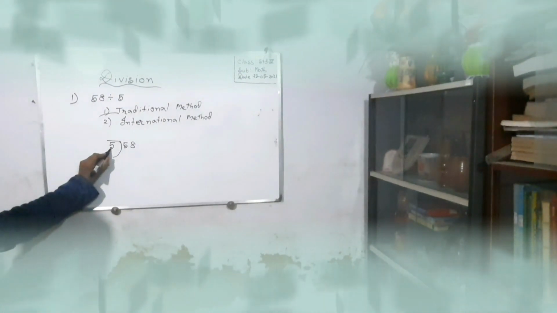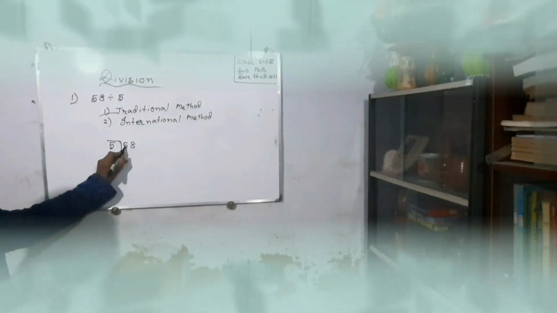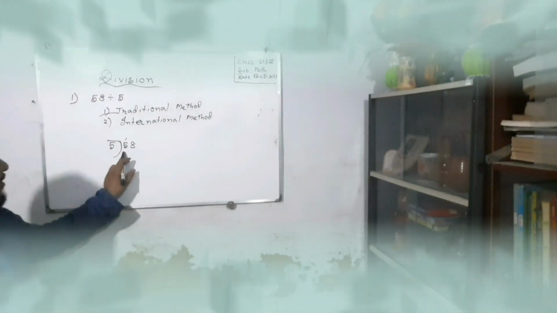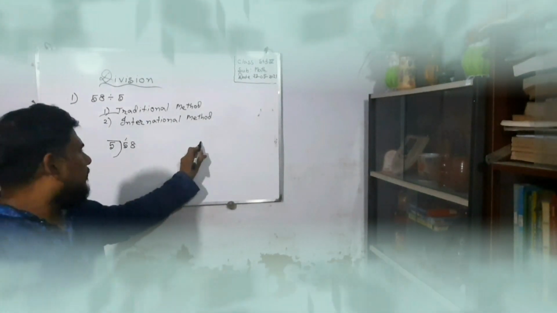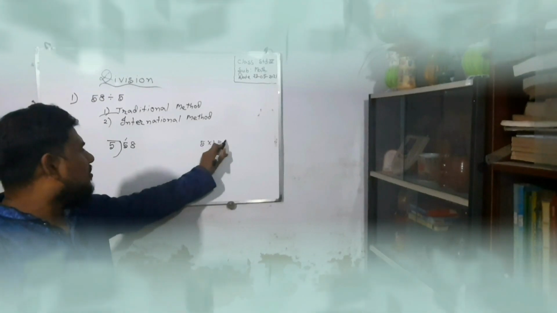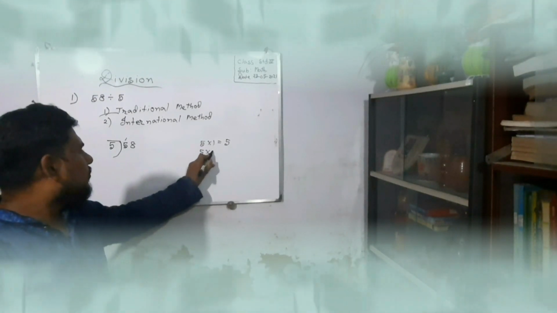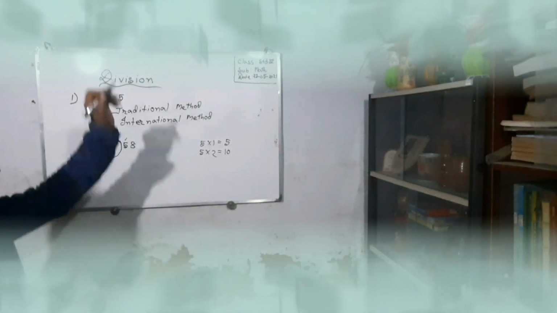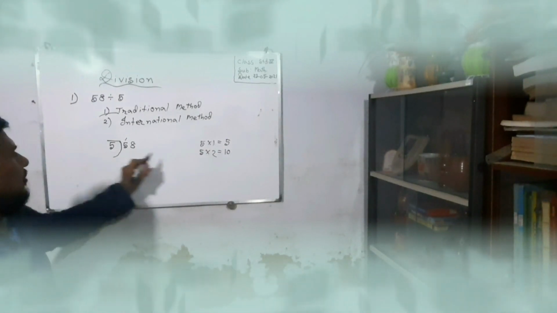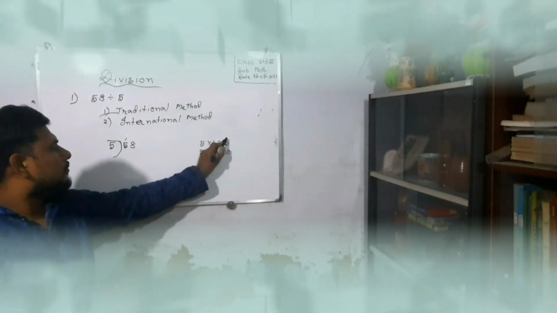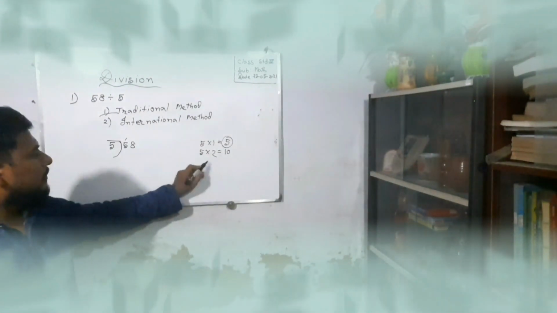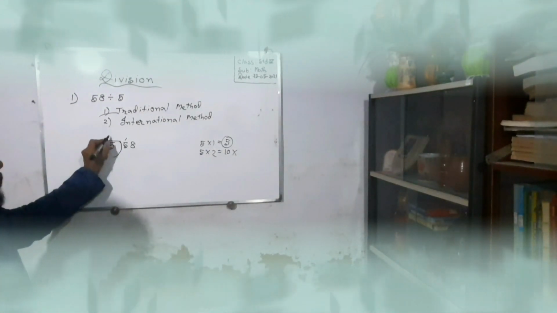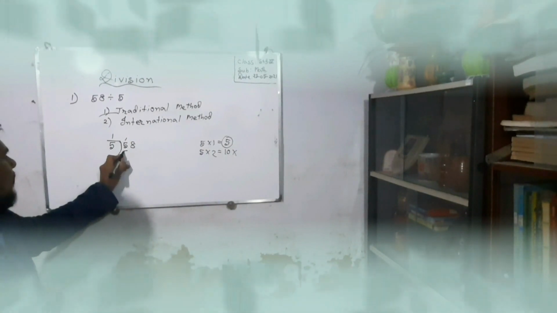This is the one digit number. So for a one digit number we can take the tens column. This is the one digit. Here is 5. So we can multiply 5. 5 into 1 equals 5. 5 into 2 equals 10. So we can get 5, not allowed 10. So 5 into 1 equals 5.